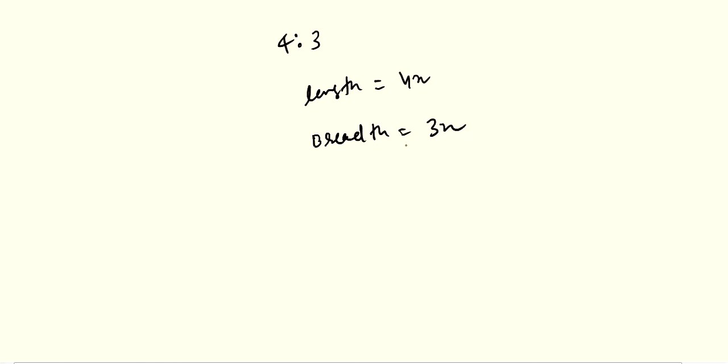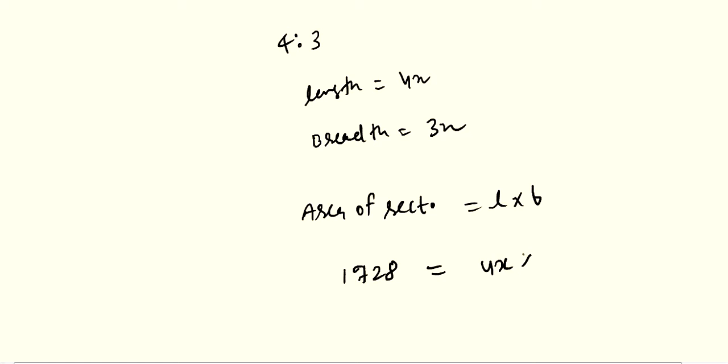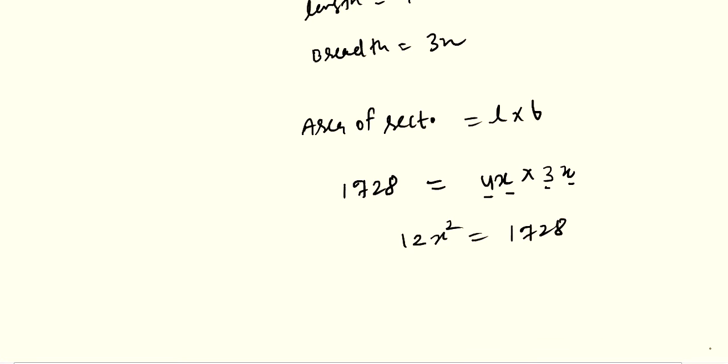Now the area is given to you. As you know very well, the area of a rectangle equals length into breadth. Area is given as 1728 equals length 4x into breadth 3x. Now 4 into 3 is 12, x into x is x square, equals 1728. Now 12x square can be written as 12 into x square equals 1728. x square equals